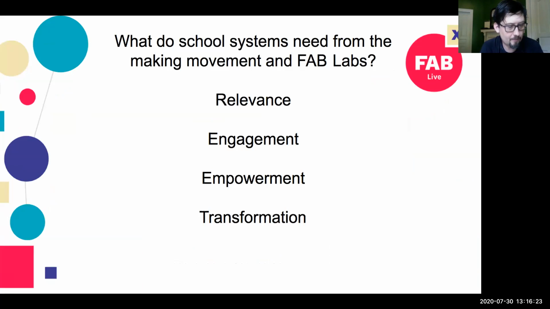I believe that there are four things that the making movement and Fab Labs can bring to education. The first is relevance, and that hooks back into students and teachers. If you do not have some relevant something to offer to what they need, you can forget about it.